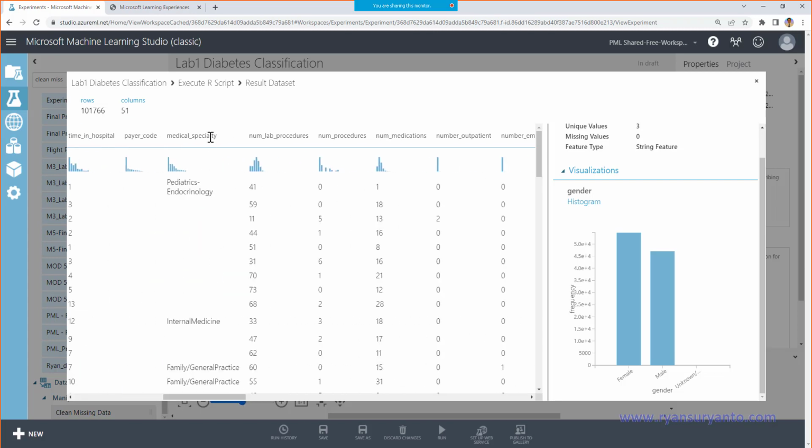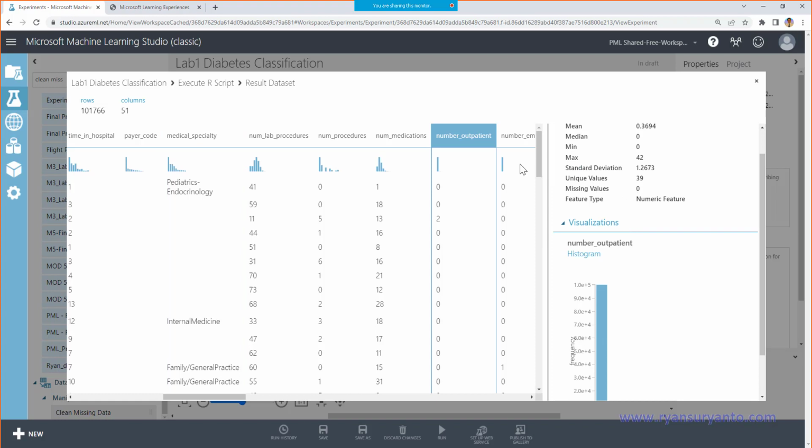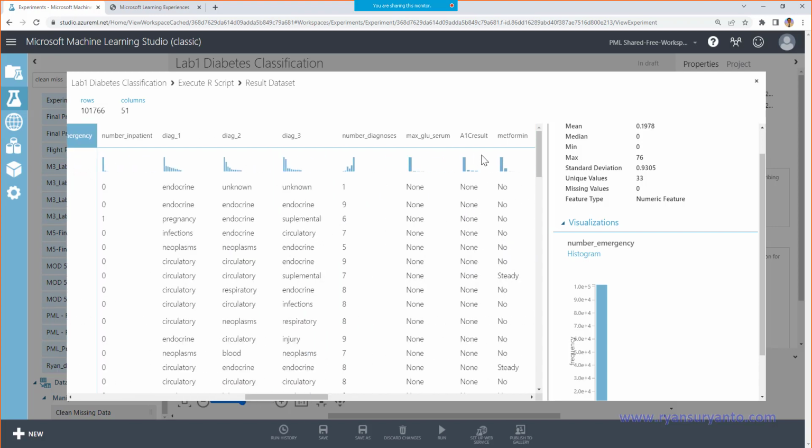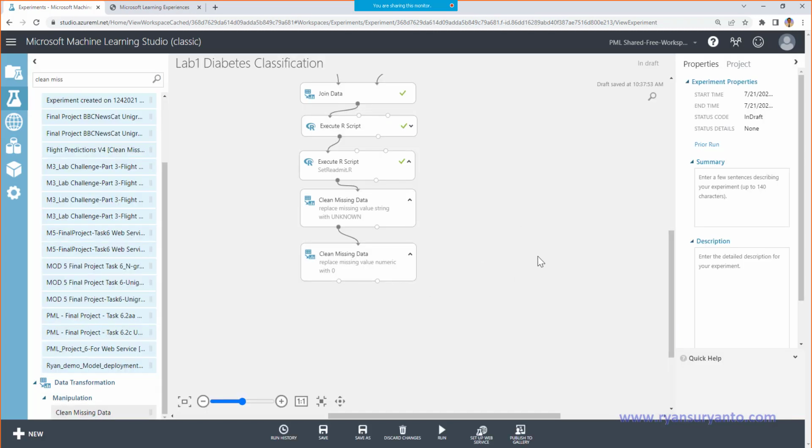Medical specialty has 49,000 missing values. So you see that we have many missing values for the character string columns. For the numeric columns, maybe there are some, but we're not going to check one by one. Now you can save and run.